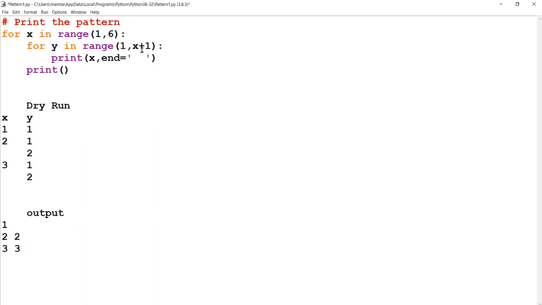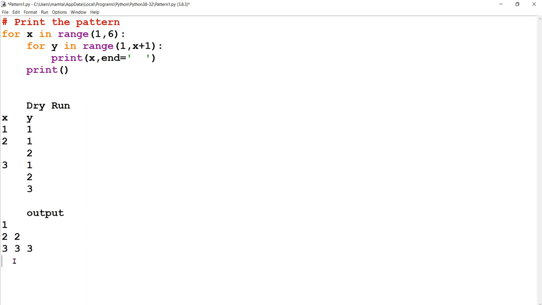Again X will be printed over here with the space. Again now Y will be 3. That will be the last value of Y for this iteration. So again 3. Now this inner loop is over. Now come out of the inner loop, print statement. That means a line gap will be printed.